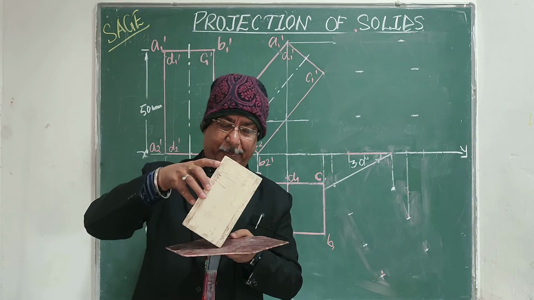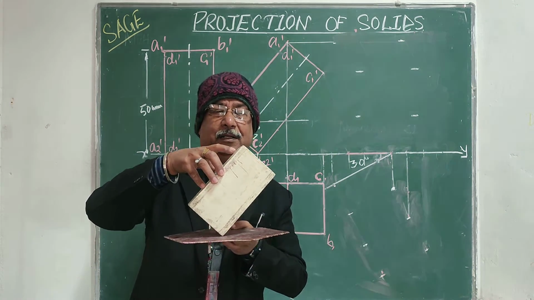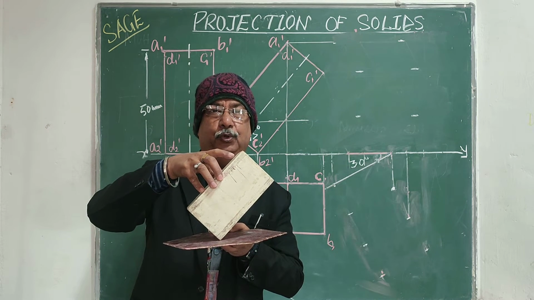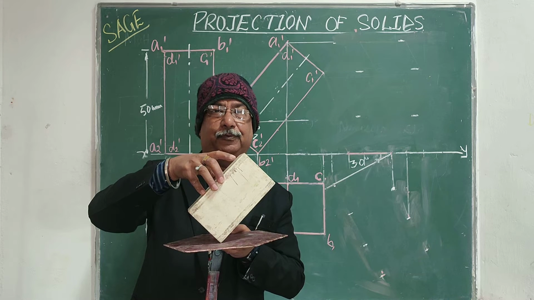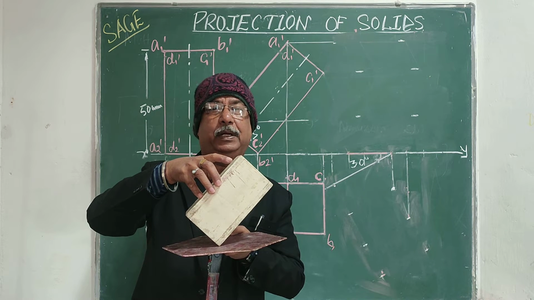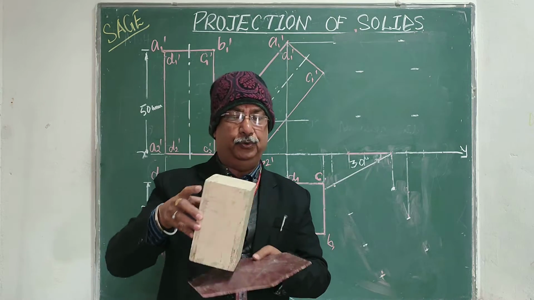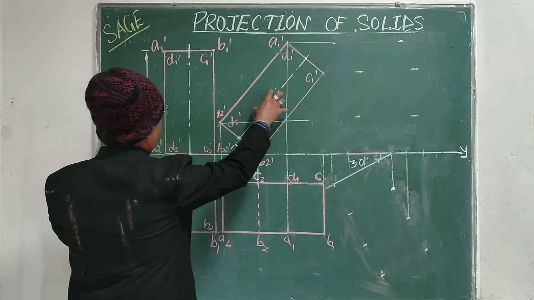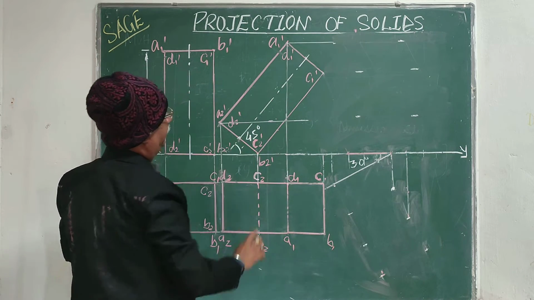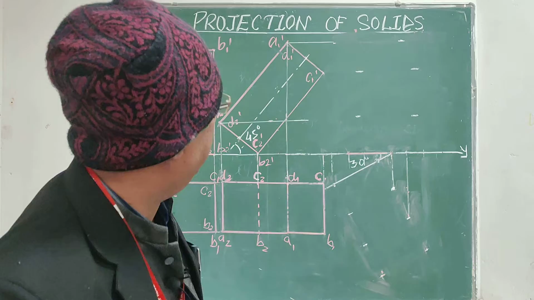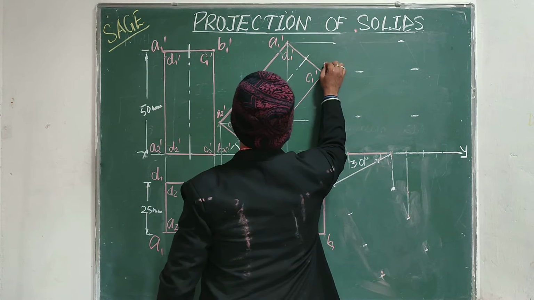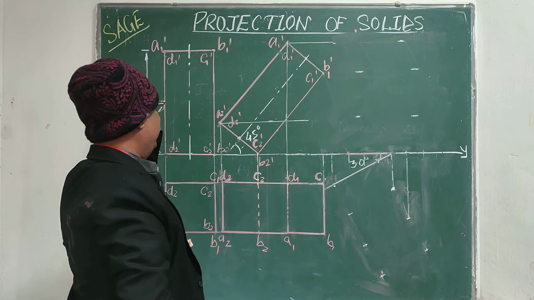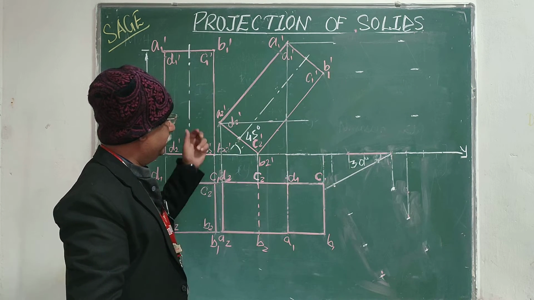As you know, when we make it inclined to the HP by some angle, the shape of the front view is not going to change. So I will copy the front view, then draw the projectors from the front view and the locus from the top view, and get the second top view. That I have already drawn. So I have copied this figure, making the axis 45 degree inclined to the HP, and copied all those points here: A1 dash, B1 dash, C1 dash, D1 dash, A2 dash, B2 dash, C2 dash, D2 dash.